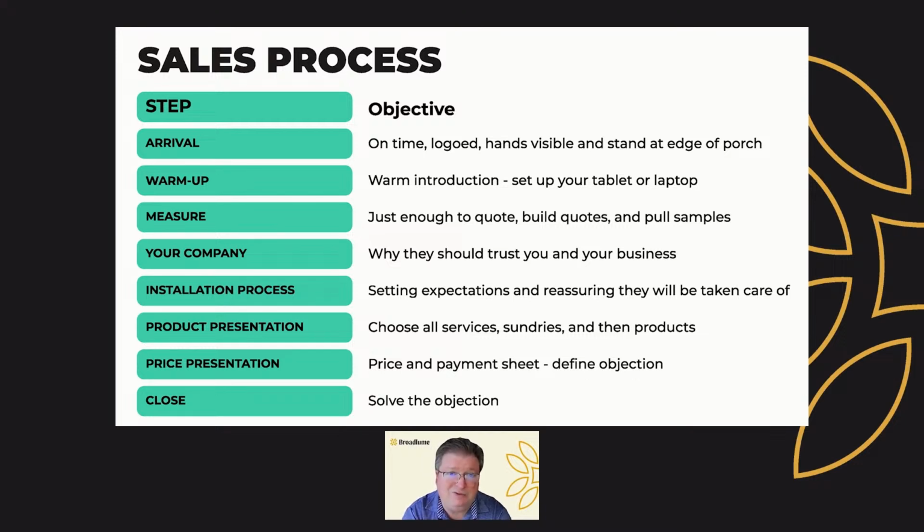The customer has to have the confidence in you before they say yes to a product or price. So again, land that company story before you get into product selection. Because after you finish your company story, explain what the installation process will look like for their home, roughly how long it will take to do the project, that the installer is going to arrive in lettered vans or with